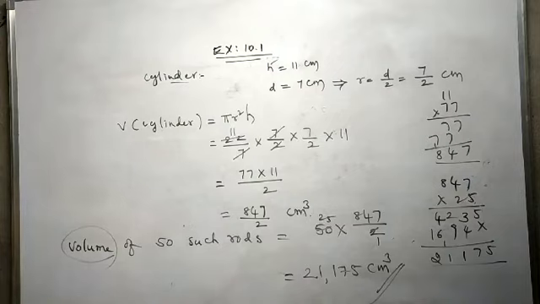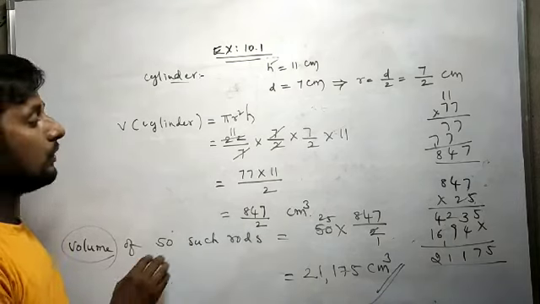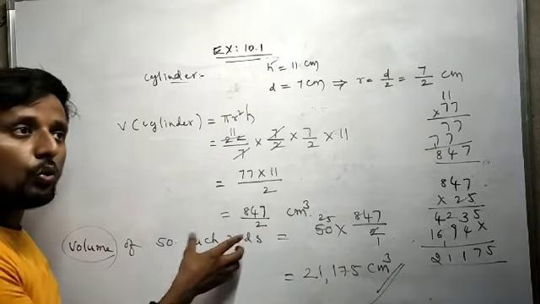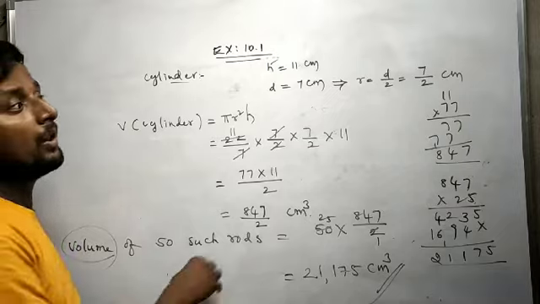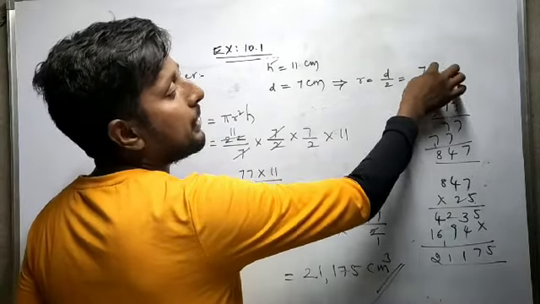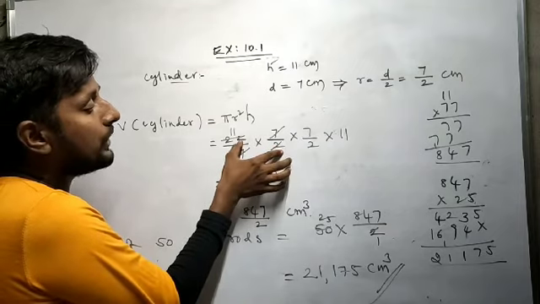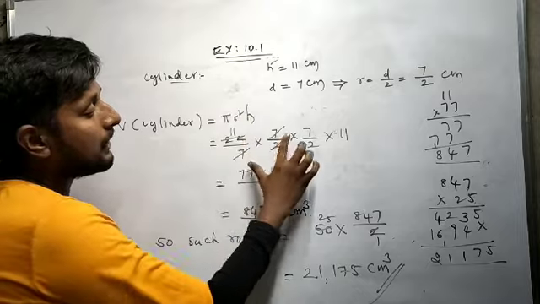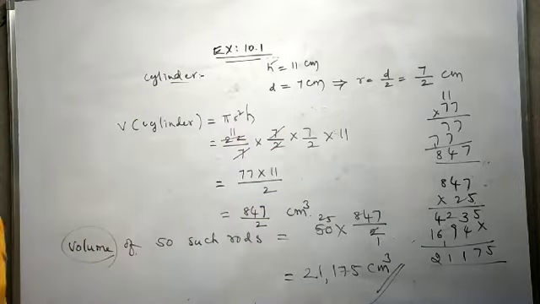And you people might have a doubt why I left this as a fractional form. Because we know we again have to find 50 rods. The denominator 2 and 50 get cancelled, so we can simplify. And here also I left the 7 by 2 as it is, because when you write 7 by 2, the 2 cancels with the 22, since the pi value is 22 by 7. The 2 and 22 get cancelled and 7 and 7 get cancelled. So that's why I haven't converted to decimal form. I hope you understand.